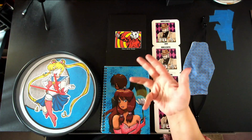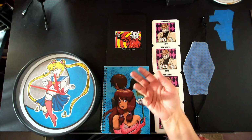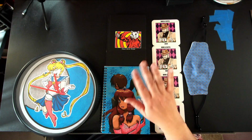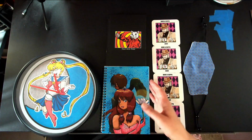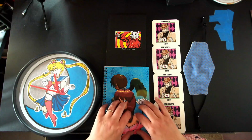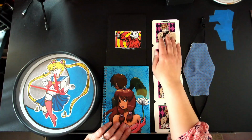So now I'm trying to figure out, is print on demand worth it for me? I don't know. I don't really make any sales because I'm very small anyhow. But also, these products are not good. Aside from this is okay, and the sticker was okay. And this will work. This is fine. This isn't not good. Okay, if I had to rate these, I would give these an A-,